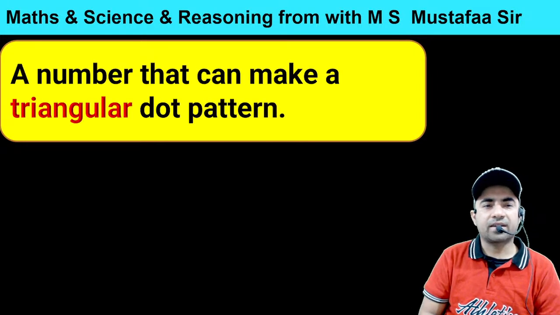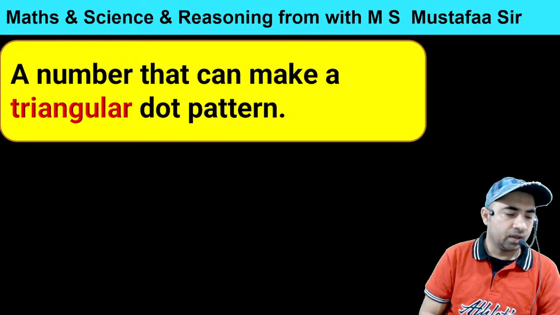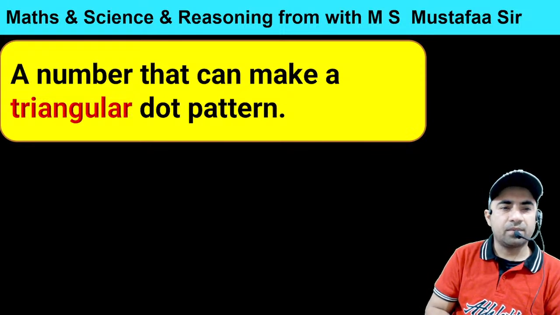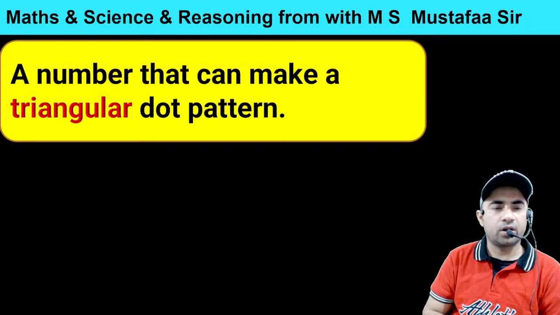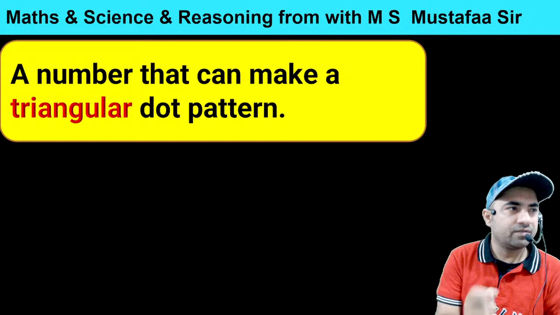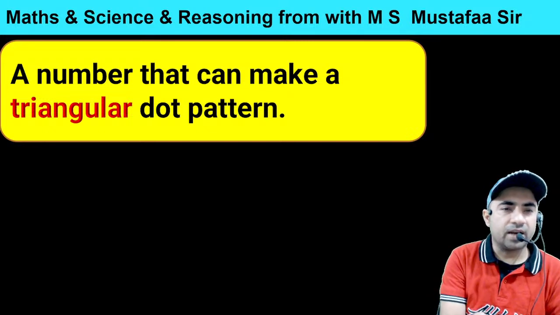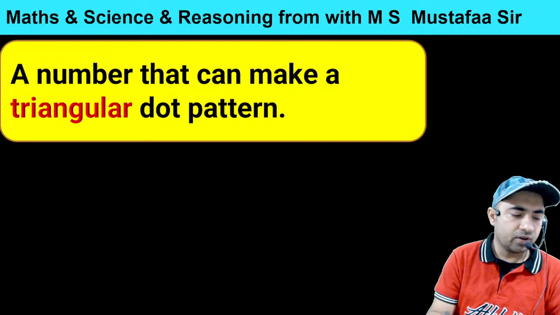A number that can make a triangular dot pattern, right? So what is the value of the number? We just take that number of dots, right? For example,